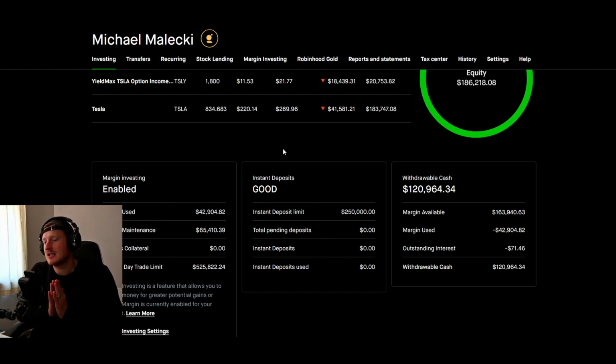What I would like to say is, when I'm doing the 0 day to expiration option strategy, when I am doing a full 100 shares of the S&P 500, it is setting aside the $58,300 as option collateral, but it doesn't get put into the margin maintenance. However, once you get that assigned, then since the S&P 500 has a 25% maintenance, it increases your margin maintenance about $15,000. So when I did get assigned this last week, my margin maintenance went from $65,410 and it went